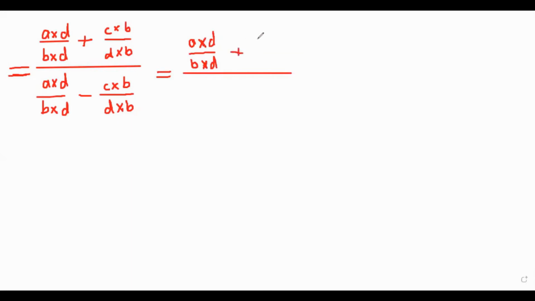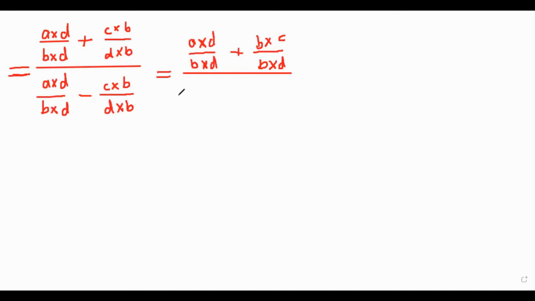Plus, the second thing is C cross B divided by D cross B. So we have to write it in the alphabetical arrangement. How can we do it? We have to change it into B cross C divided by B cross D. So B is first. Which property have we used here? We have used the commutative property of multiplication, because these are going to multiply with each other, and during multiplication we can change the arrangement for the real numbers.